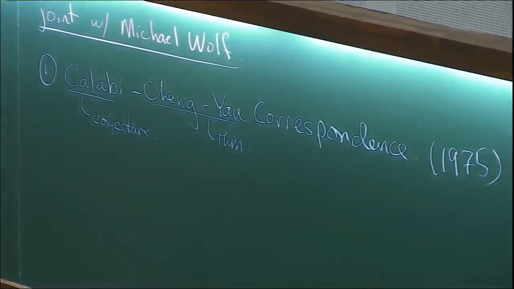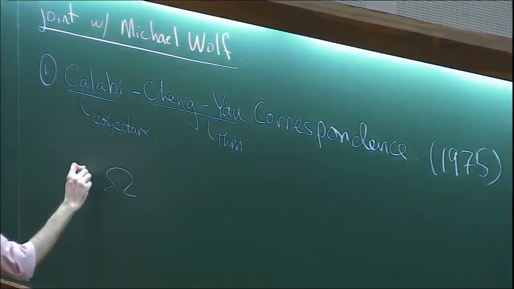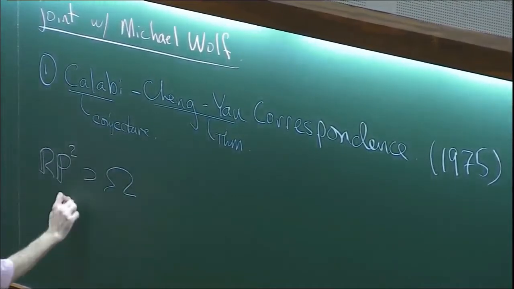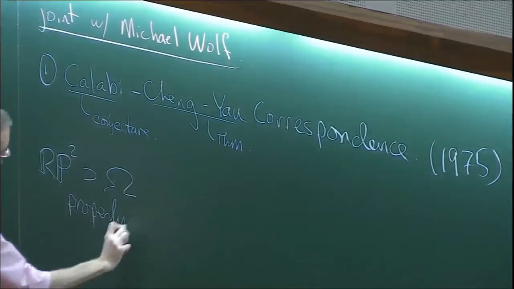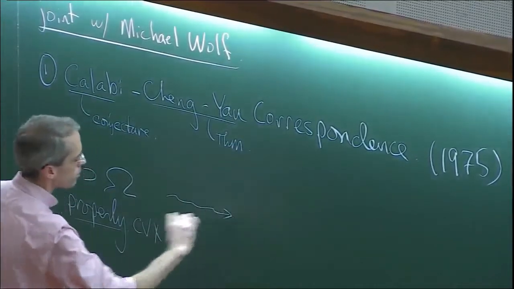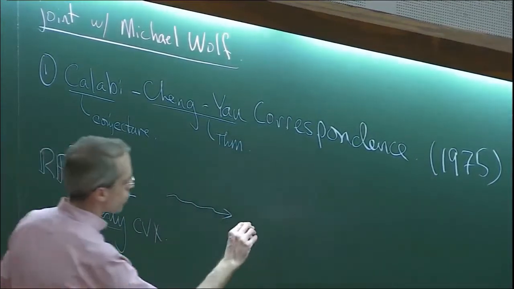So here's what this correspondence gives. Actually, the correspondence is more general than I'm going to write down. It applies to any dimension, but I'm going to write down the two-dimensional version of it. Suppose that we have a set omega in RP2 that's properly convex. What properly convex means is that it is an open and bounded subset of some affine chart for RP2. So think of a bounded open set in the plane that's convex, and then consider the plane as being part of RP2. If you have any such thing, this correspondence gives you from that a pair,